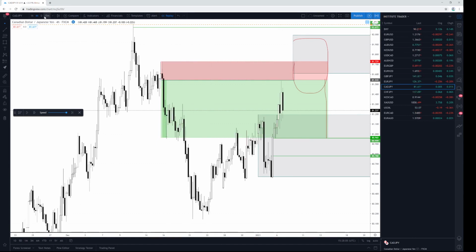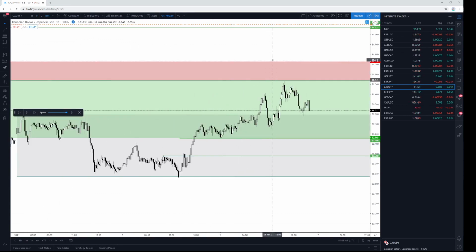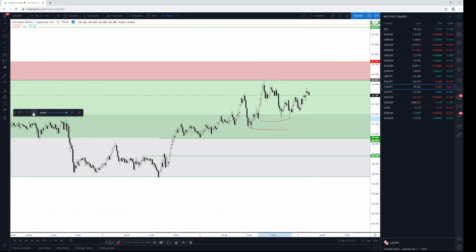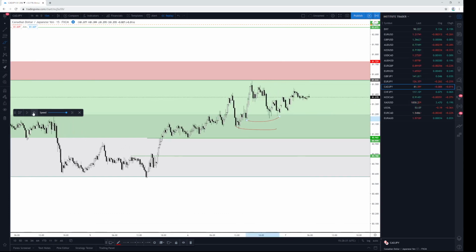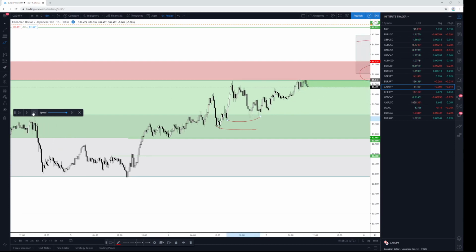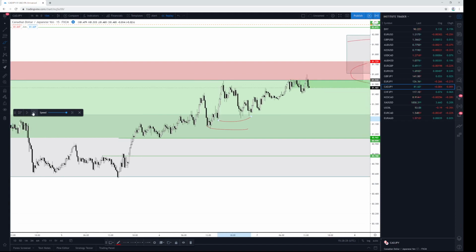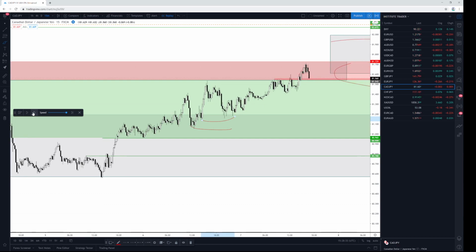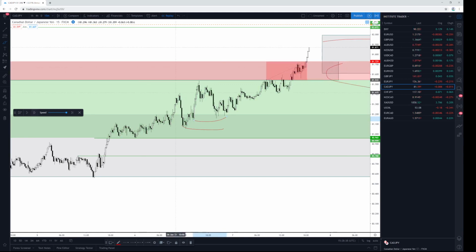But me, as I'm watching it, I'm watching the lower time frame to see if it is going to give me reasons that it's going to break a short-term low. If it doesn't break a short-term low as it's coming up, then I'm not going to take the trade. Why? Because if I take the trade, there's a potential that price can go through it. So I'll wait for it to give me a breakdown, then I take the trade. This is an example of price going through the level without giving me any break,